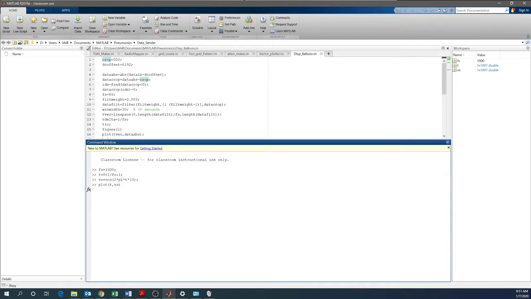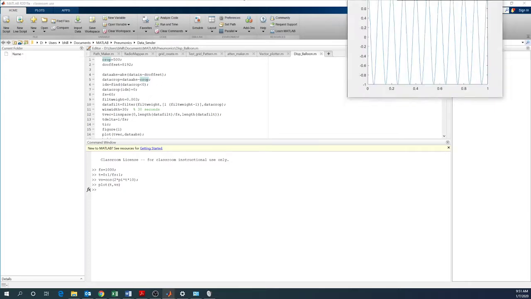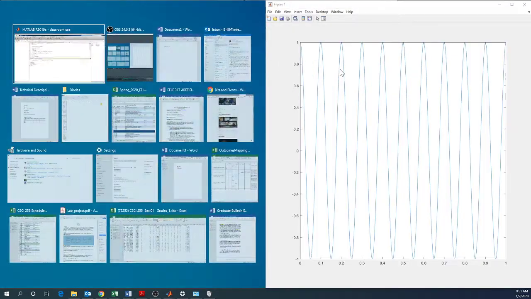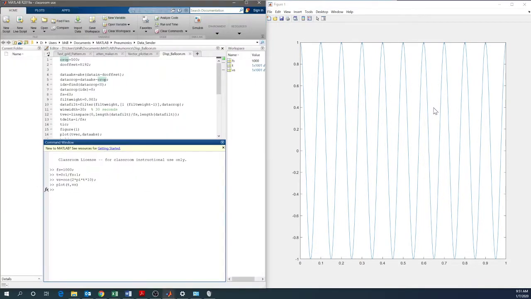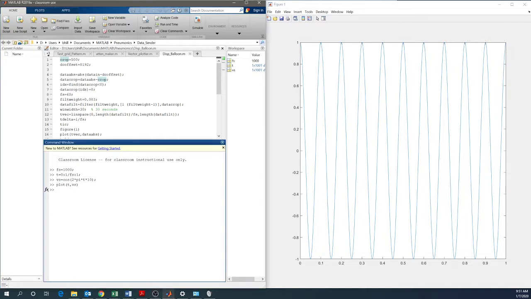And we plot both of those against each other, and we get a waveform that looks like that. That's not very surprising. So we get that nice waveform there that's a cosine. And so what this is essentially doing is